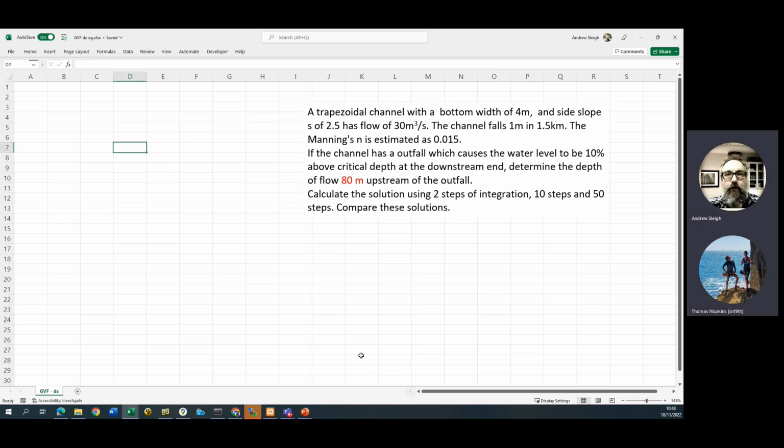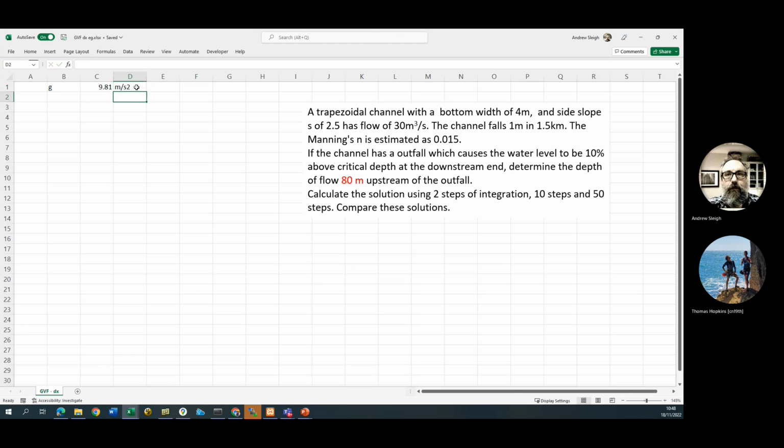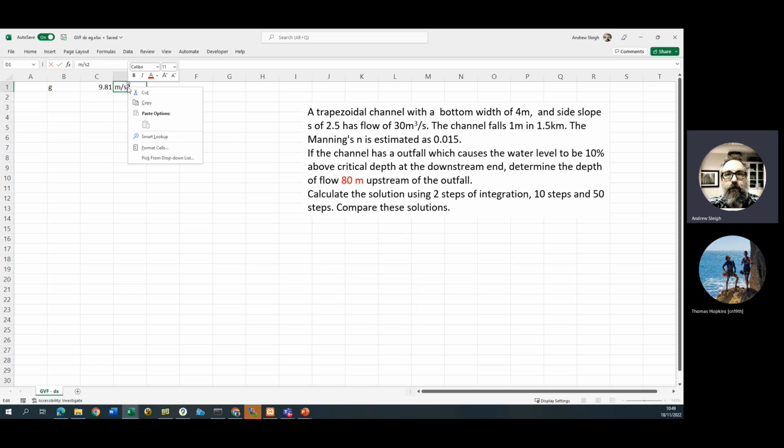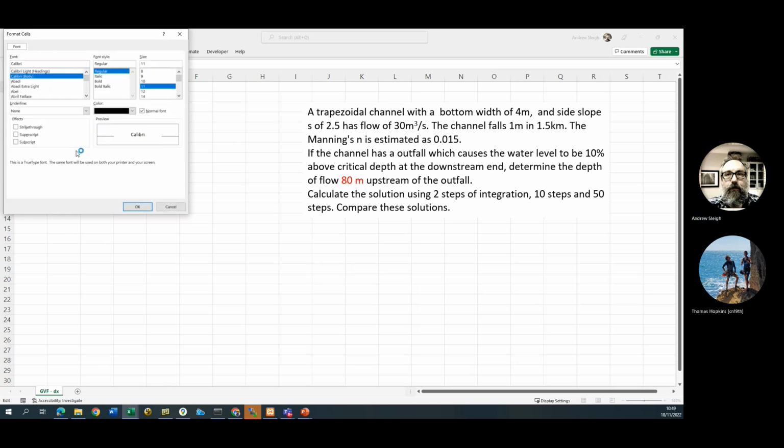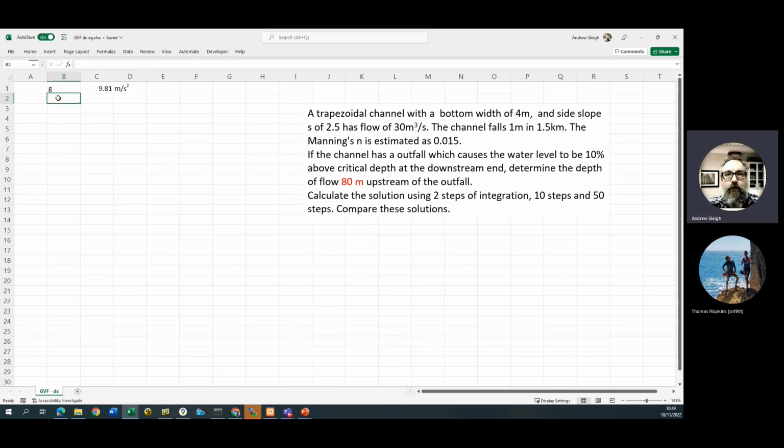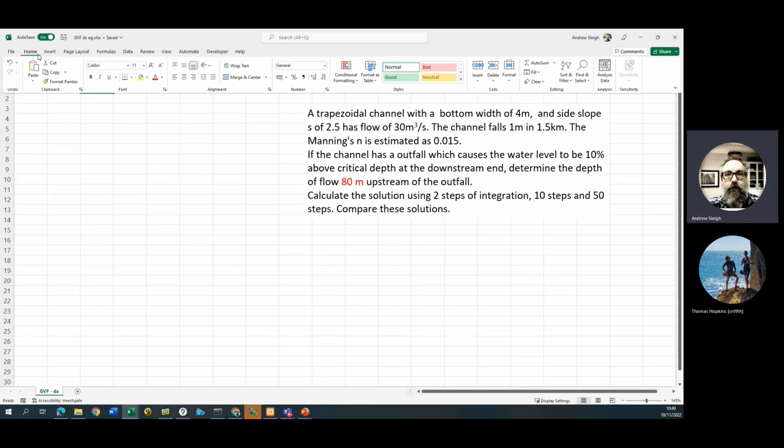So first thing to do is write down all the things that we know. So I'm going to write down g, which is 9.81, because we're going to use that. Let's put the right units in, meters per second squared. You don't actually have to do that, but I usually colour general information that we've been given in this